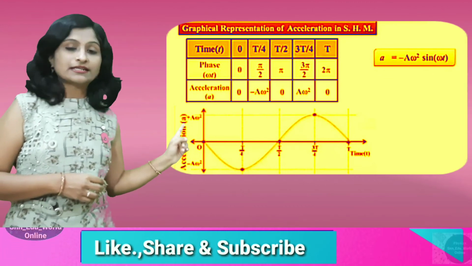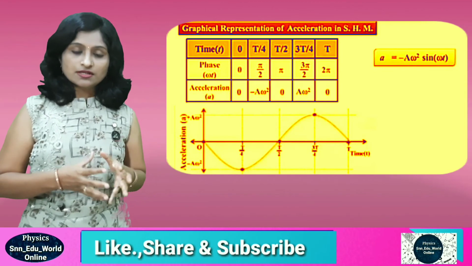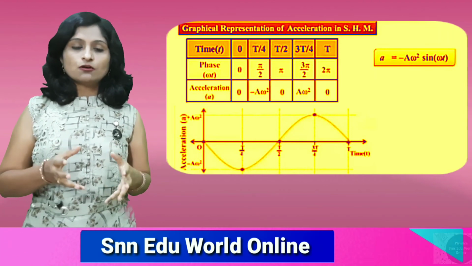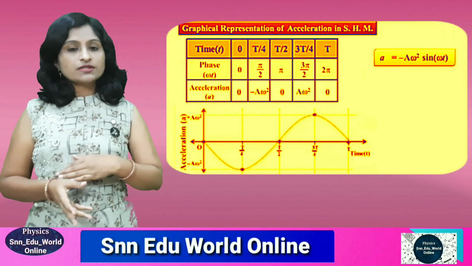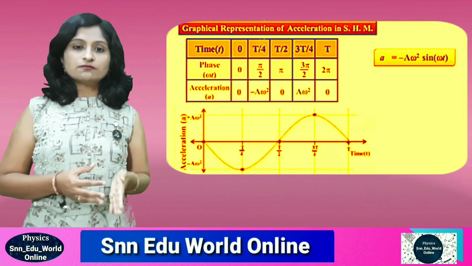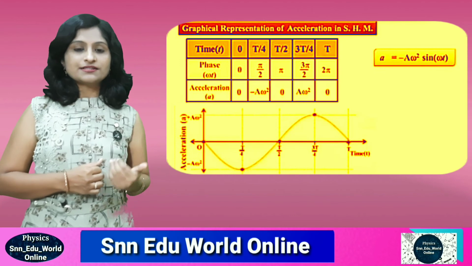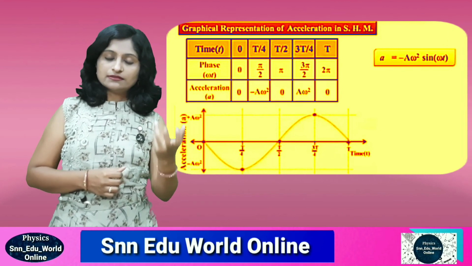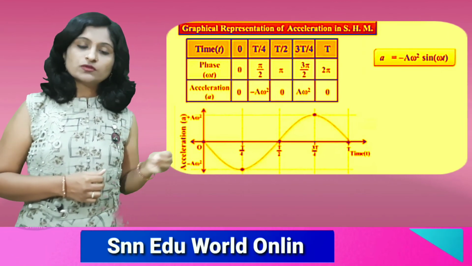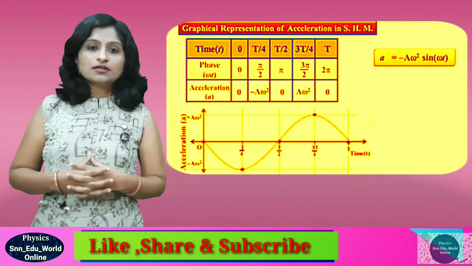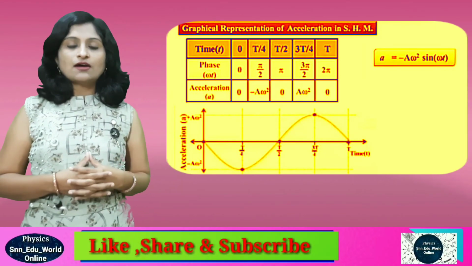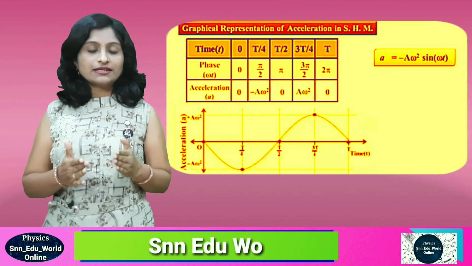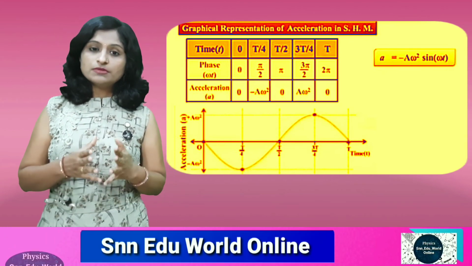This is also a sine curve because it is starting from the origin. And one more thing, the equations which represent sine always give the sine curve, and the equations which represent cos will always give the cosine curve. So in displacement and acceleration, sine terms came, so we are ultimately getting the sine curve, and in velocity cos theta came. So here we are getting the cosine for the velocity. So these are the graphical representations of the particle which performs simple harmonic motion, but the special case is when the particle starts from the mean position.